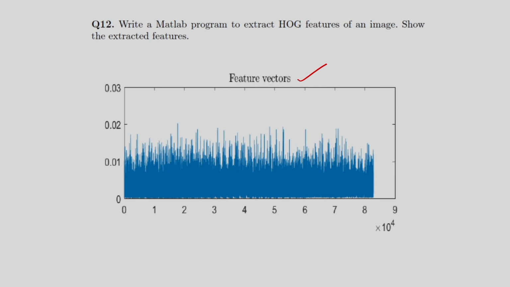So from the gradient of an image you can determine, and from the orientation of this gradient you can determine, the feature vector corresponding to the input image. So you take one input image and corresponding to this you can determine the HOG features, and with the HOG features you can detect objects present in an image. That is nothing but object detection. That is question number 12.